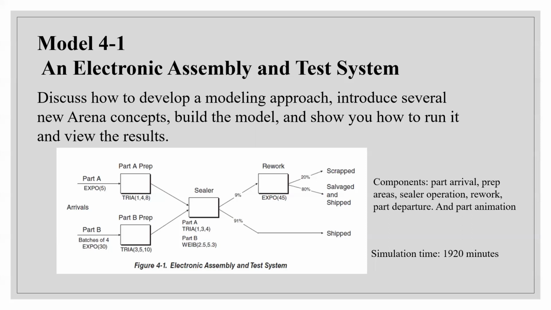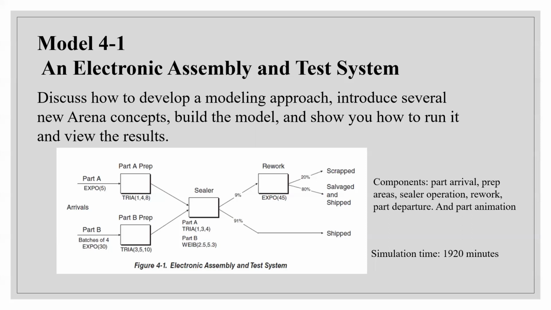The time between arrivals of successive batches of Part B to our model is exponentially distributed with a mean of 30 minutes. Upon arrival at the Part B prep area, the batch is separated into the 4 individual units,